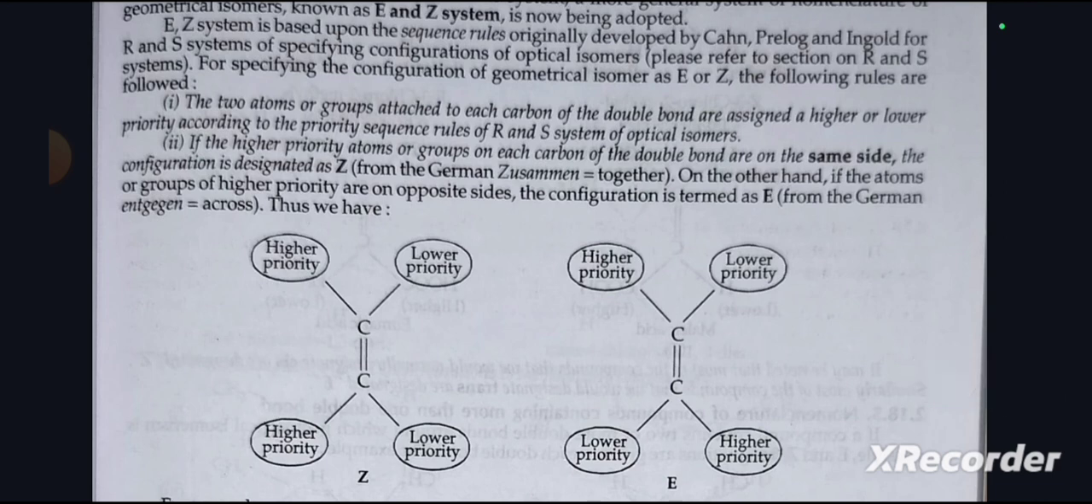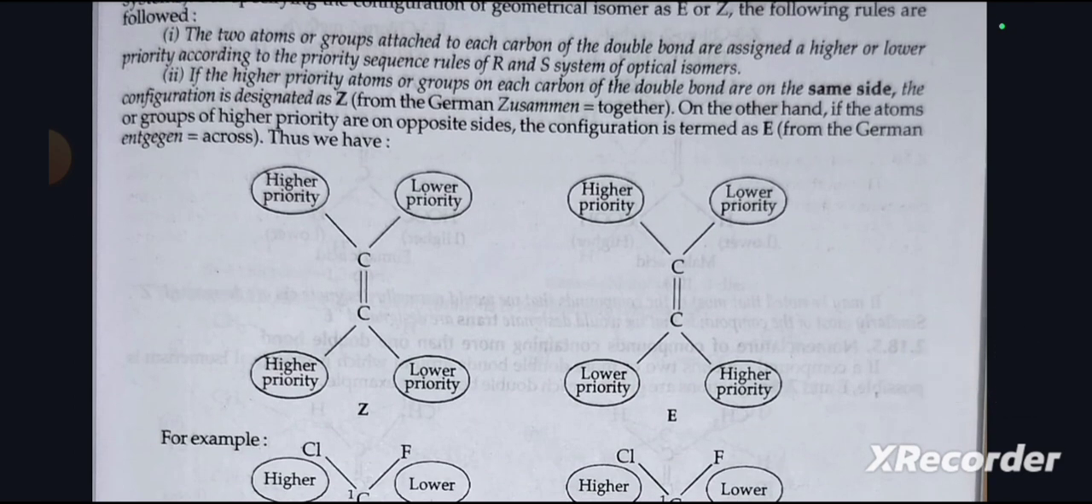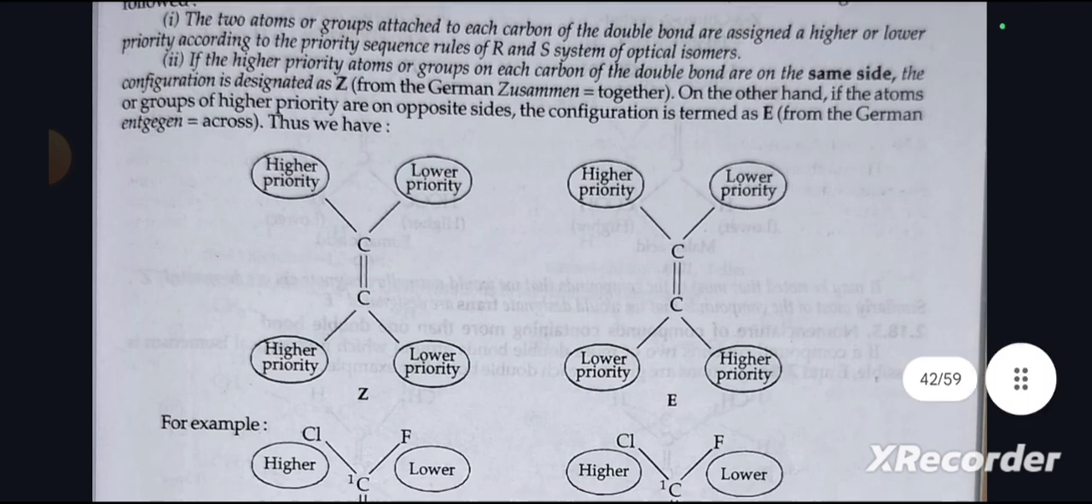First, the two atoms or groups attached to each carbon of the double bond are assigned a higher or lower priority according to the priority sequence rule of the R and S system of optical isomers. Second, if the higher priority atoms or groups on each carbon of the double bond are on the same side, the configuration is designated as Z, from the German zusammen, meaning together. On the other hand, if the atoms or groups of higher priority are on opposite sides, the configuration is termed as E, from the German entgegen, meaning across. Then we have